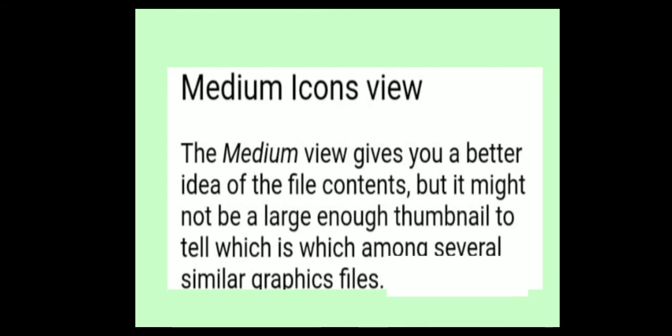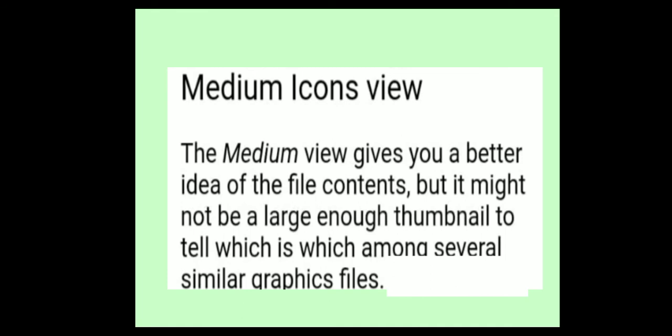Medium icons view. The medium icons view gives you a better idea of the file contents, but it might not be a large enough thumbnail to tell which is which among several similar graphics files. It means the medium size icons view gives a better idea of file contents, but not as much as the large and extra large icons view.